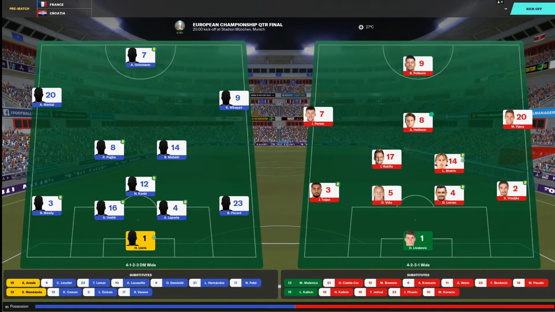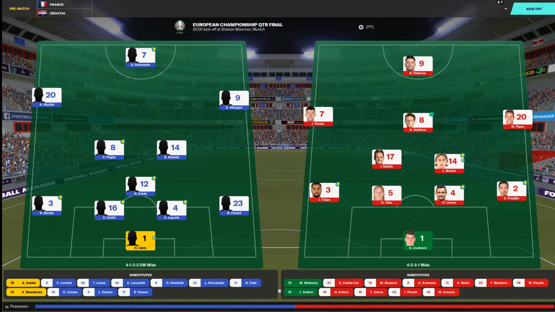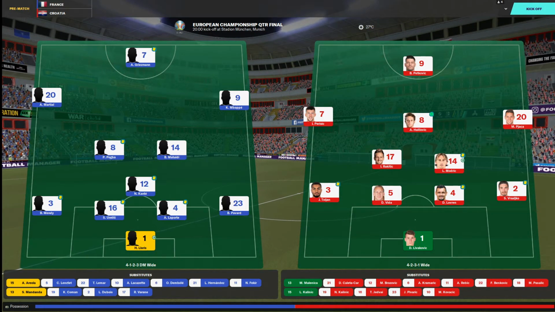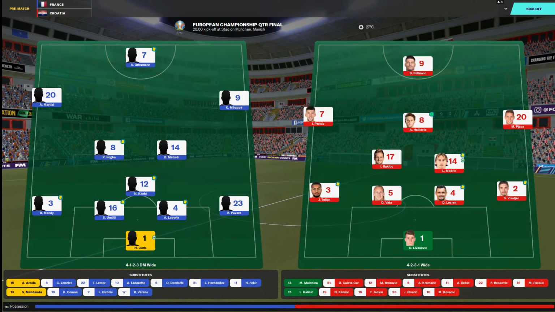France making 3 changes. Blaise Matuidi comes into central midfield, replacing the suspended Corentin Tolisso. Anthony Martial got that hat-trick against Russia, so he starts. That hat-trick was also from the bench, so that was impressive in itself. So he replaces Alexander Lacazette, and Kingsley Coman drops to the bench,